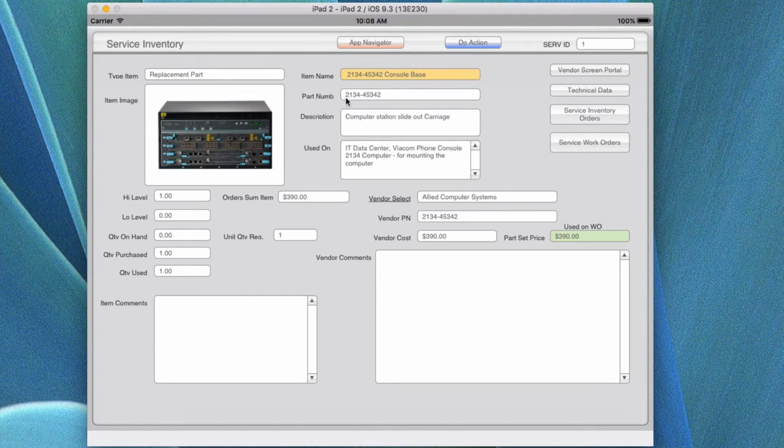Now, in this record, when you create the part number up here, you're also putting it in here because you can search either on the part number or on the item name with the part number leading it. The reason we put the part number leading is that when you're doing a lookup on the actual work order, it's much easier to find the part by its part number,